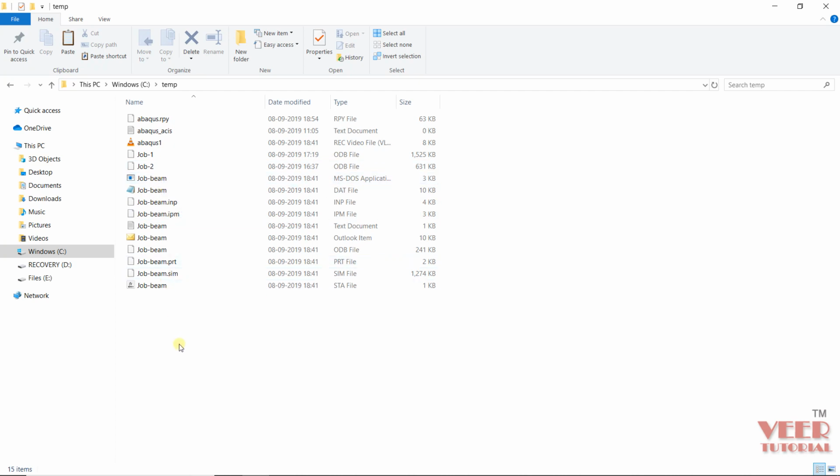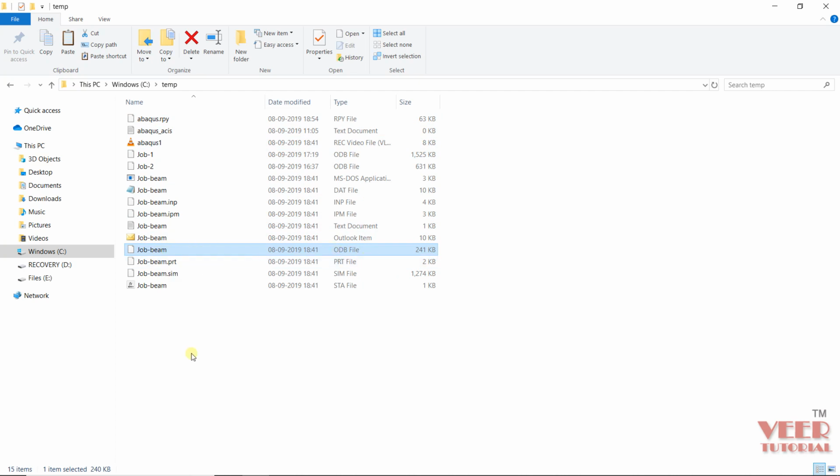Now we need to focus on two files. The first file is INP file. Now that is jobbeam.inp file. That is the input file. So this file we have created, like we have applied the load, boundary condition, created the mesh, everything is going to be saved into this INP file. So that is input file. And for this input file we have an output file. So in Abaqus the output file format is called ODB file. So the format of this file is ODB file, job beam.